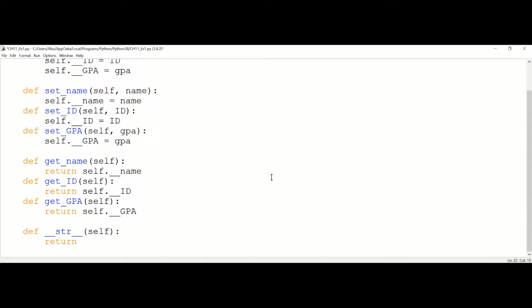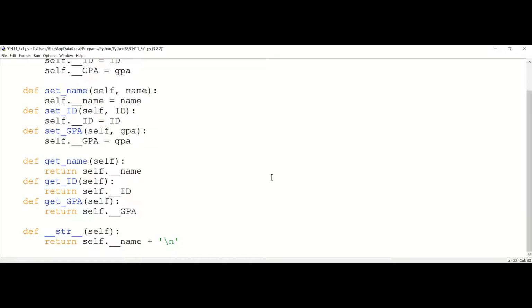So name, self dot name. I'll give a new line after each, so it would be name, then second line ID, third line GPA. It's just a customization. You can have your own customization because these are the basics. I don't want to go to them. So in that case, I'll give a new line. In order for us to create a new line, we can use a \n, and that will jump to